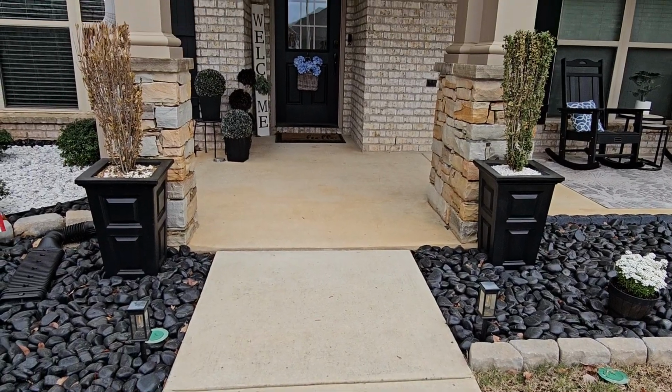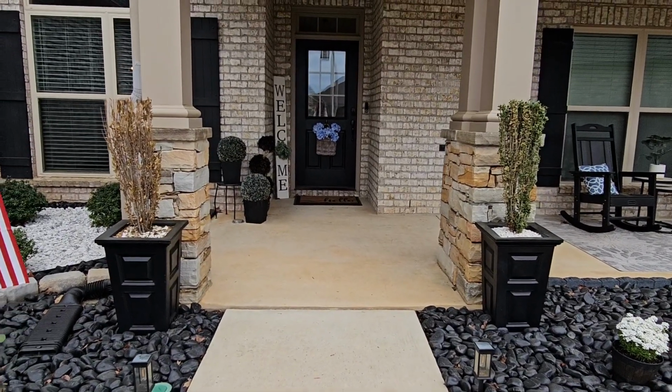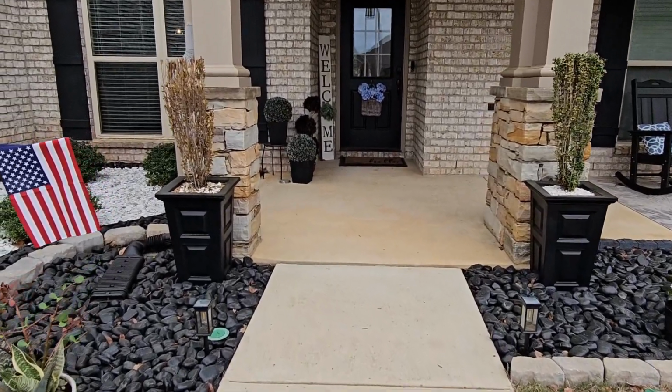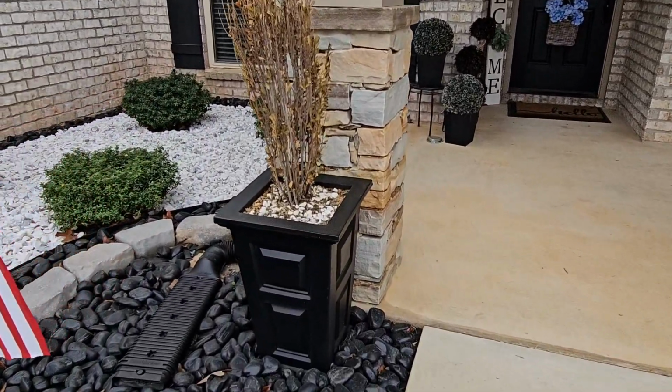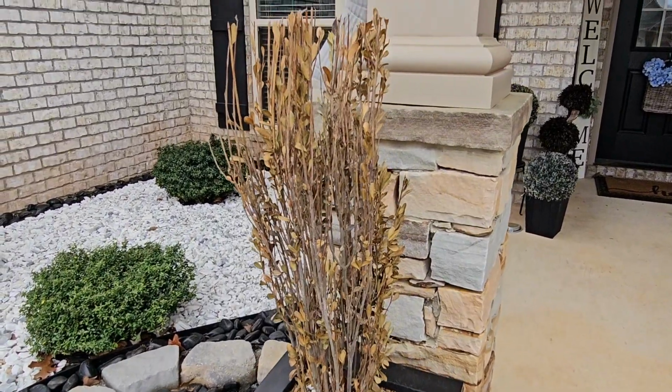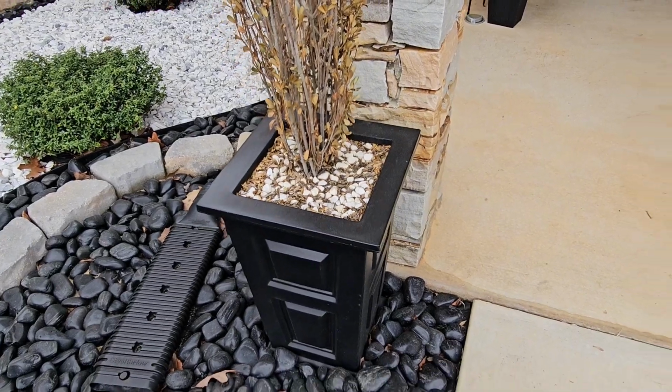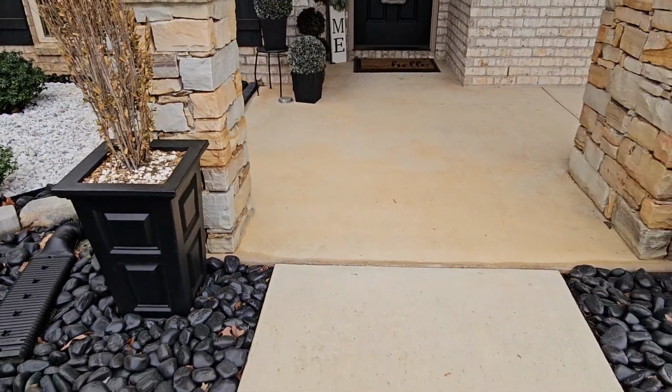Okay, so this was my current situation. The bushes, they kept not making it. No matter how many times I've replanted these bushes, I have had to pull them out each year and replace them, and I was done with that. So I went ahead and ordered the two-piece artificial topiary set from Amazon, and let me show you how